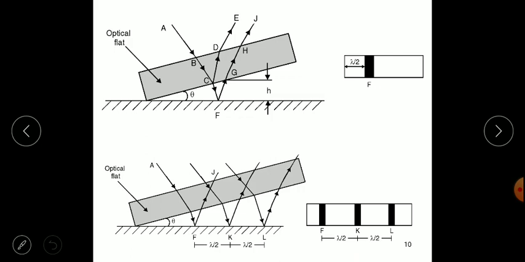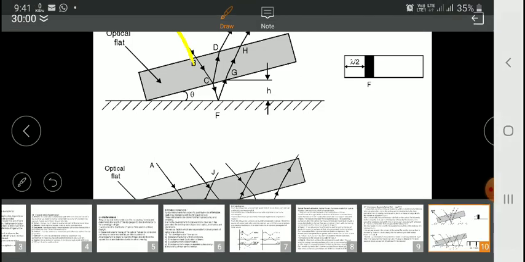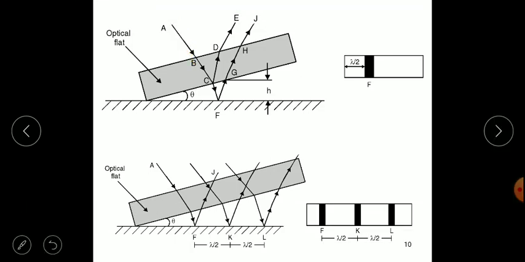So this is nothing but due to the interference of two lights, that is, suppose in phase we will get bright and suppose out of phase we will get dark light. So this is the principle. Now how it occurs: suppose ray AB is incident on the optical flat, it will refract through this to BC,